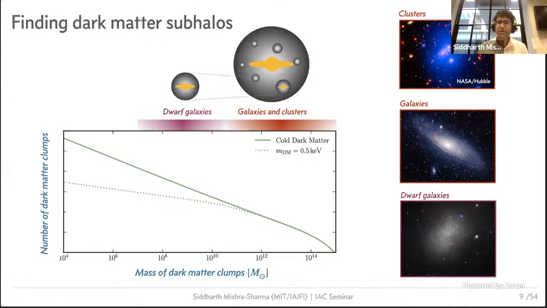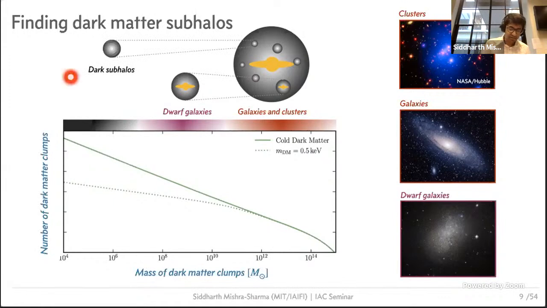These are smaller dark matter halos that still have stellar associations. So as you can see in the bottom right here, they have stars that are bound to them. And we can use the kinematics of these stars to then say something about what the distribution of dark matter in dwarf galaxies is, and what the masses, for example, of the dwarf galaxies are. So we can to some extent quantify the distribution of dark matter using dwarf galaxies in our own galaxy and in other galaxies. The issue is when you get down to smaller scales, where you have more constraining power, you have a bigger difference between models of interest,